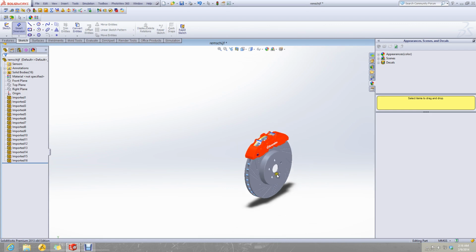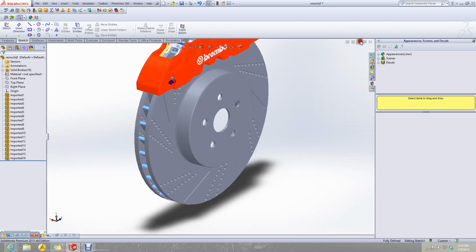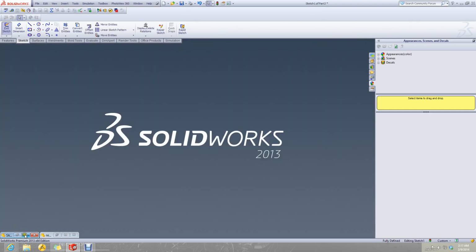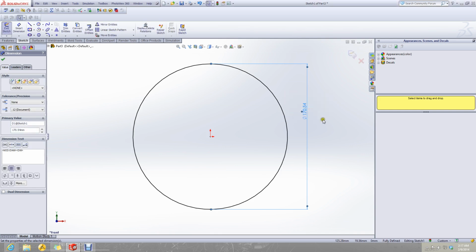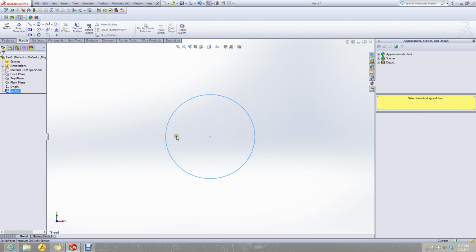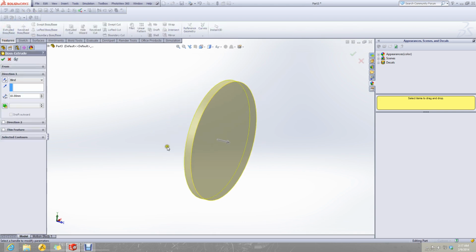I just forgot it precisely. It is 170.54. Here I put it again. Okay, now I make the extrusion 4.5 millimeters.